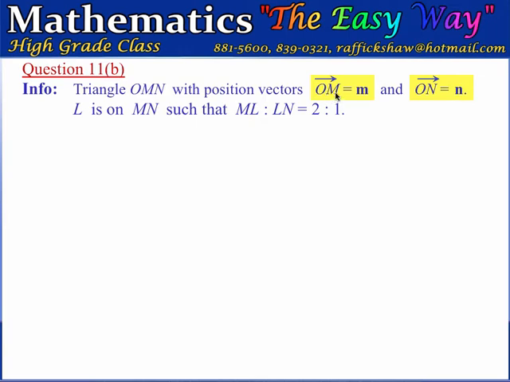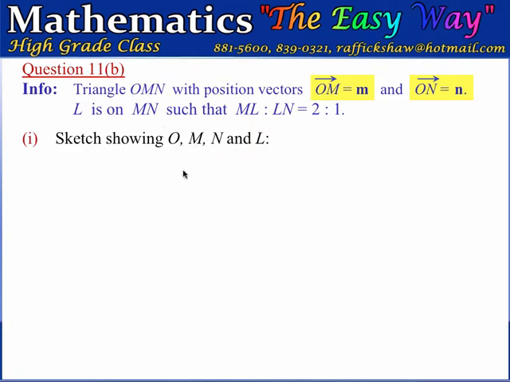OM here is the position vector of the point M on this triangle, and ON is the position vector of the point N on the triangle. We are also told that the point L is on the line MN such that ML to LN is 2 to 1. Now the first part wants us to sketch a diagram showing the points O, M and L on a